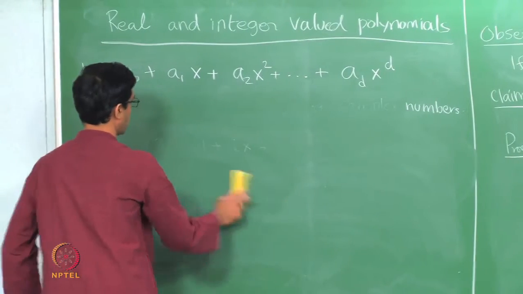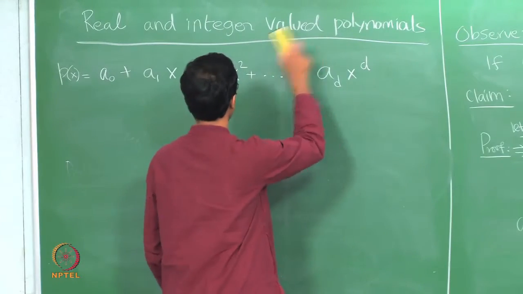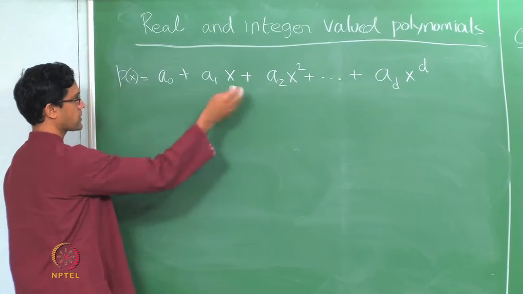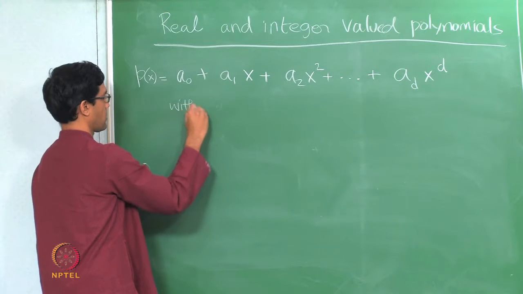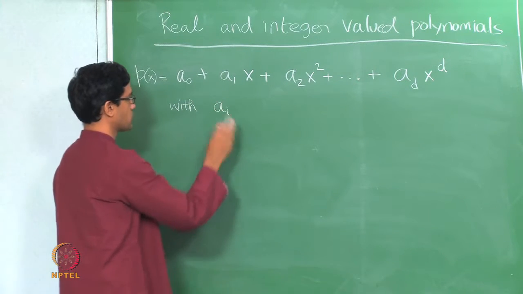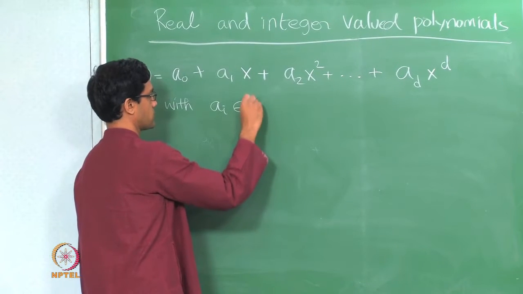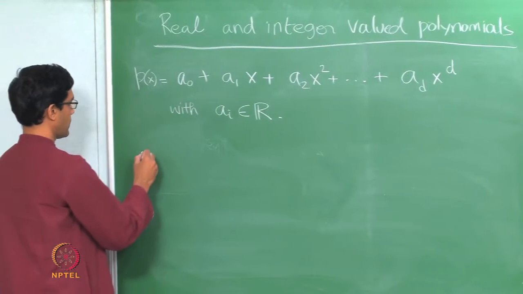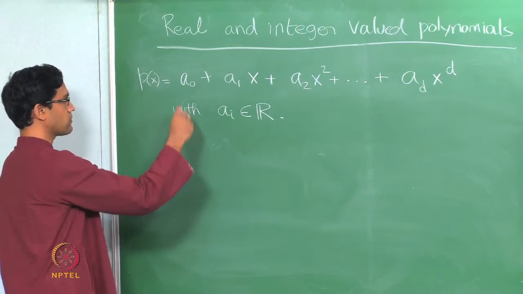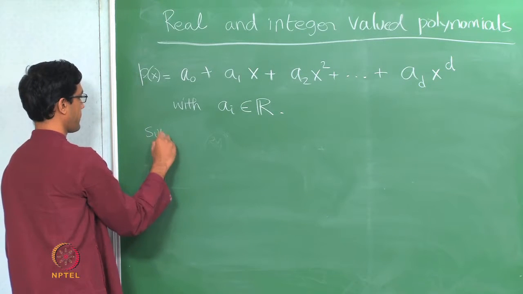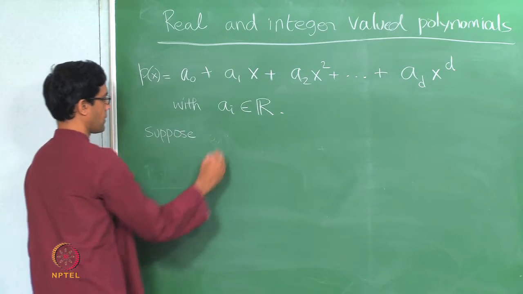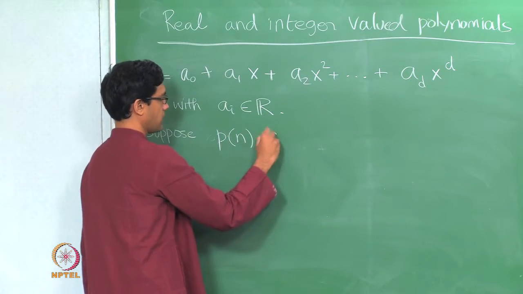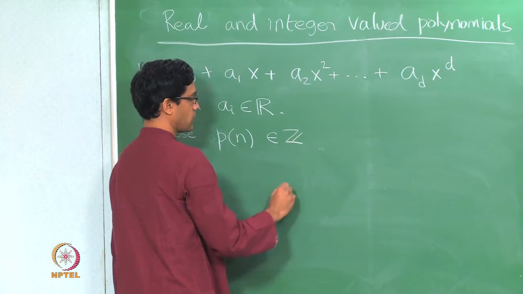Now here is an interesting variant of this problem, which is sort of the second part of the title. What if you wanted integer values? Okay, so let p of x be like this with ai's. So let us for now consider real valued polynomials, for instance, exactly, coefficients being reals, with ai's in R. Now I want these to have integer values on integers. Suppose I tell you the following, that p of x, so let me call it p of n, is an integer. So Z denotes the set of integers.